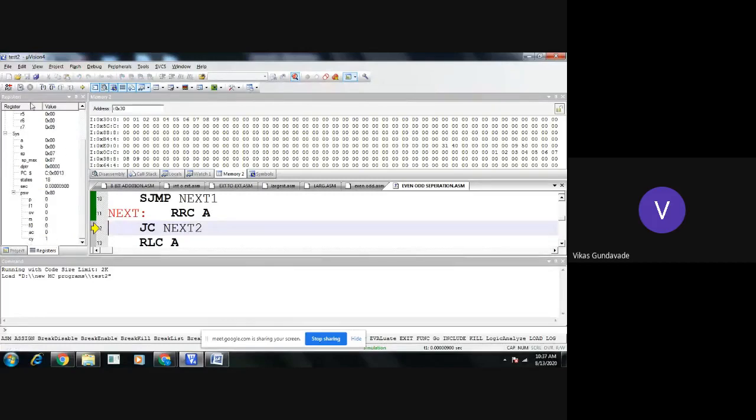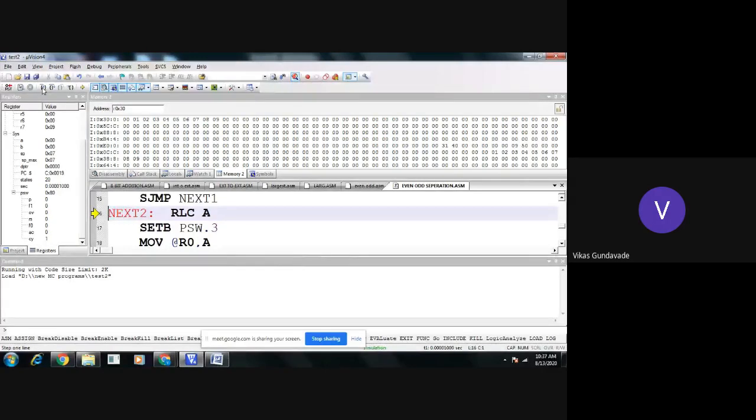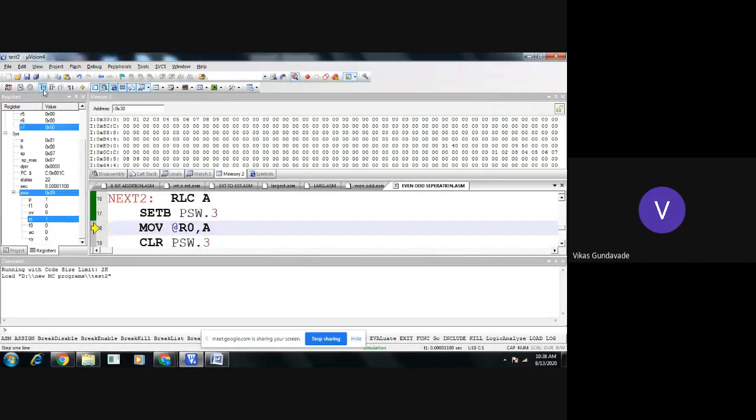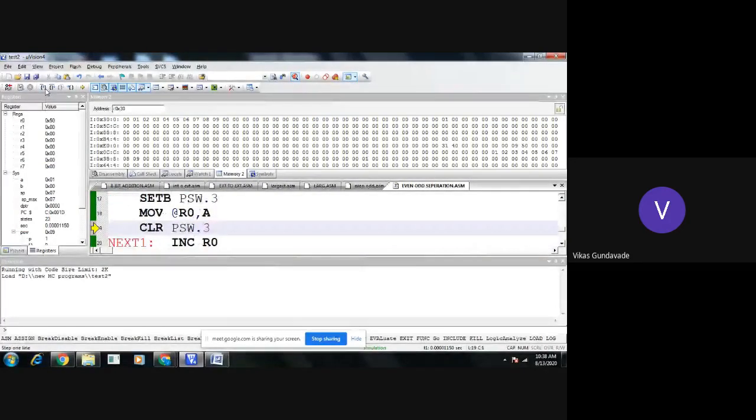So if the carry is set, what we need to do? We need to move the contents into another memory location. So here we again need to rotate the accumulator towards the left hand side by 1 position so that previous contents should be available in accumulator. Now see here accumulator contents are again 0, 1. After that we are setting PSW and see here from this PSW register is showing 50 location. Okay, so here we are transferring the contents to the 50 location.